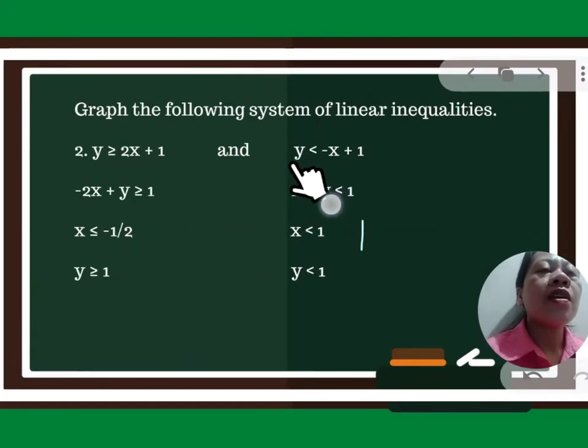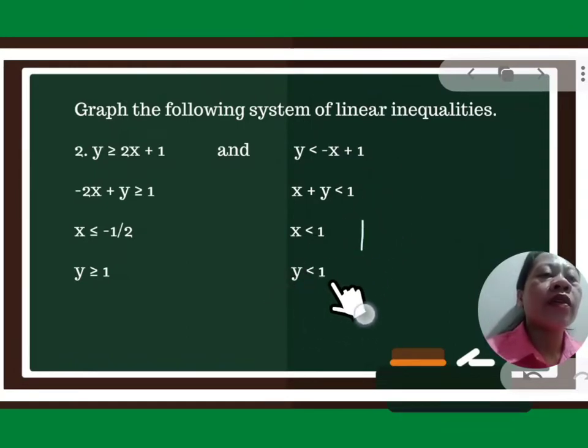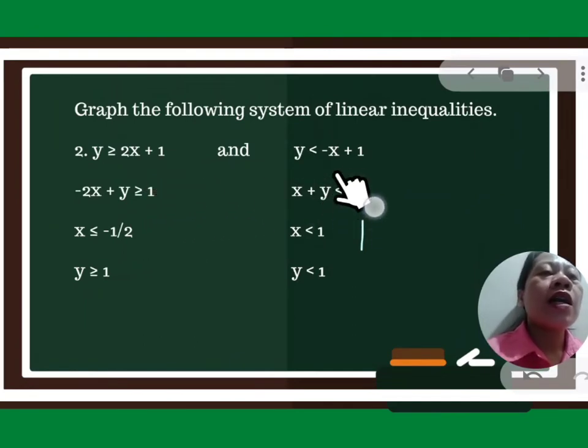So, kitang-kita na rin ang ating y-intercept, which is this one. Y is less than 1. So, ito na po yun, ang ating y-intercept. Okay. So, para naman sa x-intercept, kailangan ulit natin itong, tulad ng ginawa natin sa unang inequality, kailangan nating